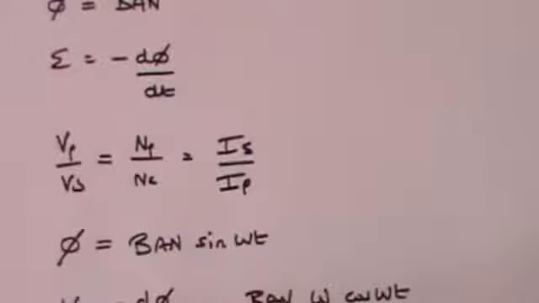Where you have a transformer, you can say that the voltage in the primary divided by the voltage in the secondary is equal to the number of turns in the primary divided by the number of turns in the secondary, and that equals the current in the secondary divided by the current in the primary. Notice in that case the two are inverted, and that of course is to keep power constant. In other words, VP IP is equal to VS IS. Power